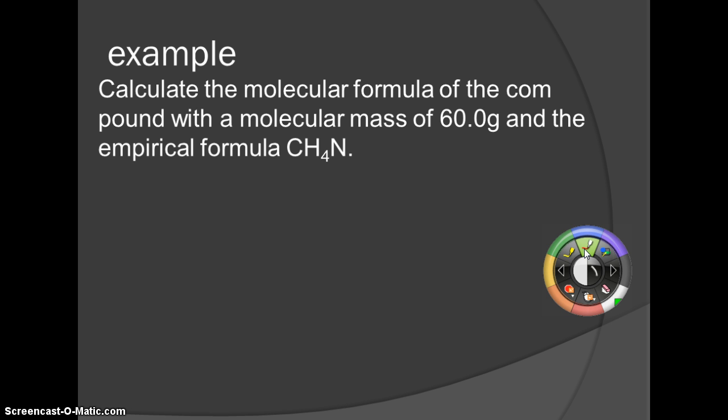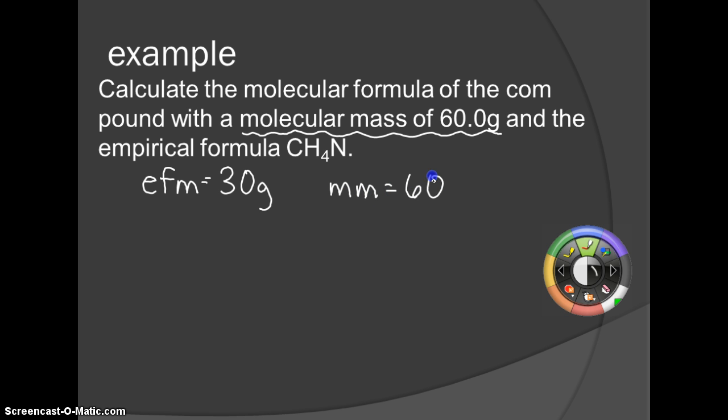So carbon is 12 plus 4 hydrogen is 4 plus 1 nitrogen is 14. So that gives us an empirical formula mass of 30 grams. You're going to take the molecular mass that they gave you, which is 60 grams, divided by the empirical formula mass, which is 30 grams, and that's going to give you a whole number,